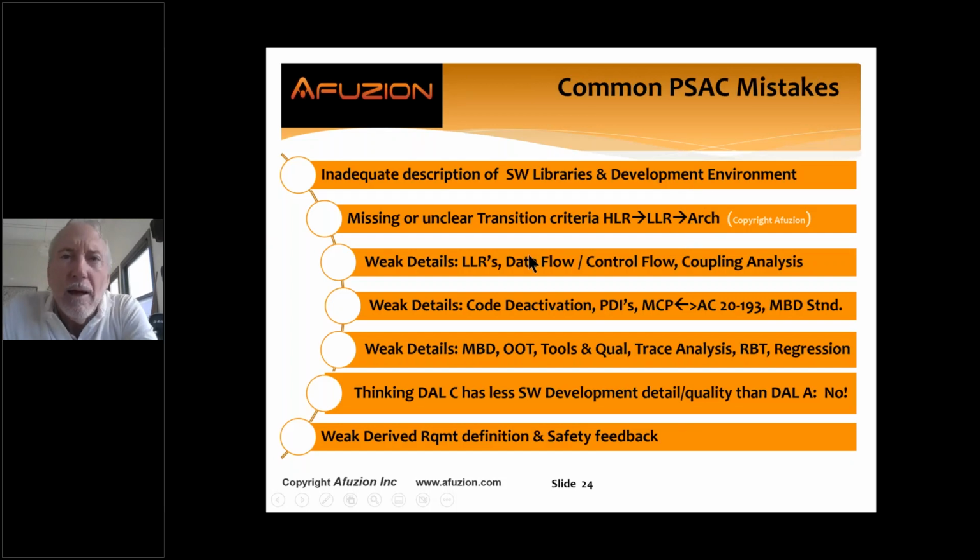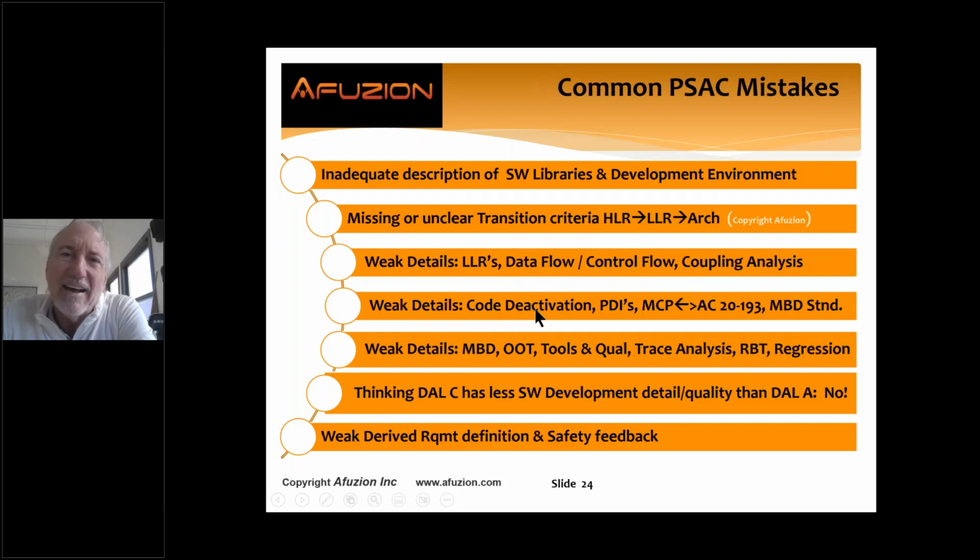Now, how do we ensure that your low-level requirements are detailed so that when we test the requirements, we're covering 95% of all the logic? How did you assess? How do you document internal interfaces, semaphores, global data, calling sequence? How did you assess data flow, control flow? How did you perform coupling analysis for DAL A, B, C?